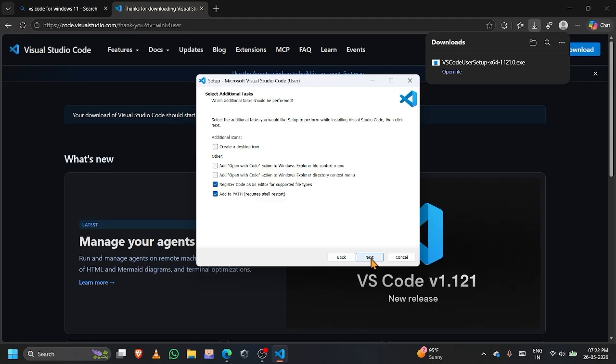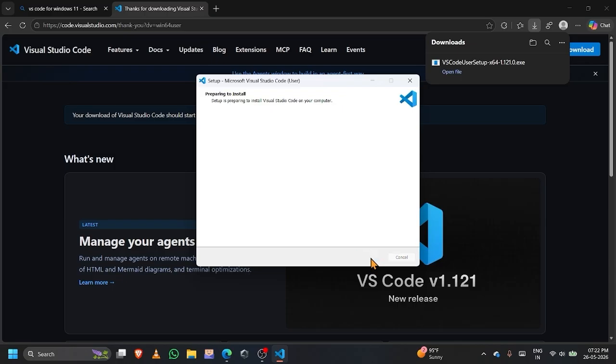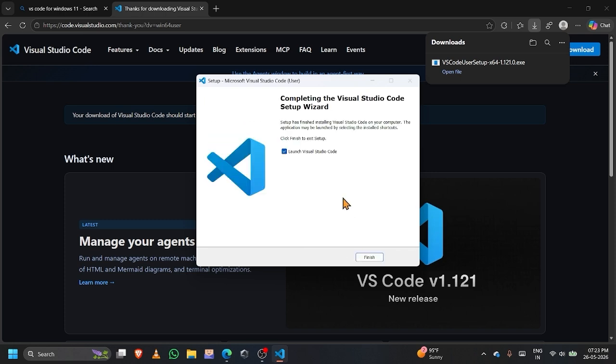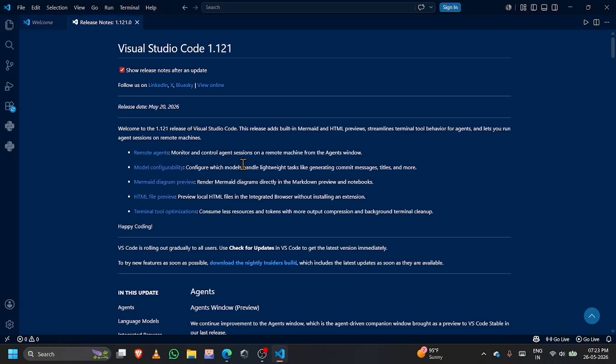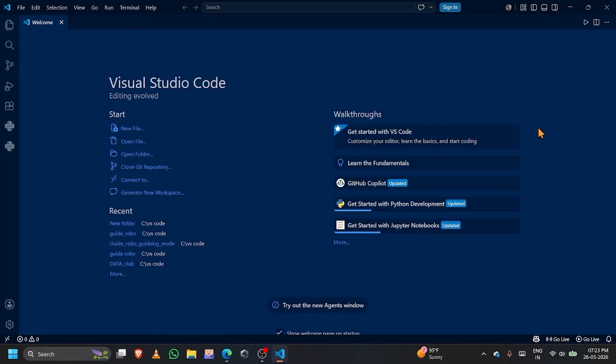After that, I will just click on next and then install. After clicking on install, you will get an installation bar. Let it complete, and after it is complete, your Visual Studio Code will be installed. Now the installation is complete. I will select the option launch Visual Studio Code, and then click on the finish button. After I have clicked, it will take a few seconds, and then your Visual Studio Code will automatically open. So now, congratulations, you have downloaded Visual Studio Code.